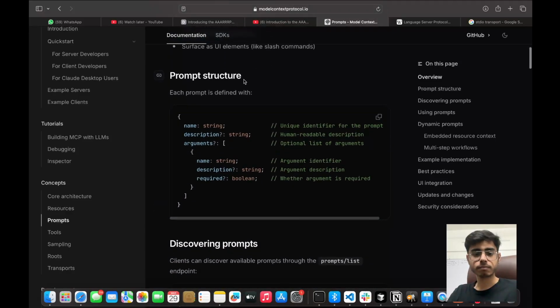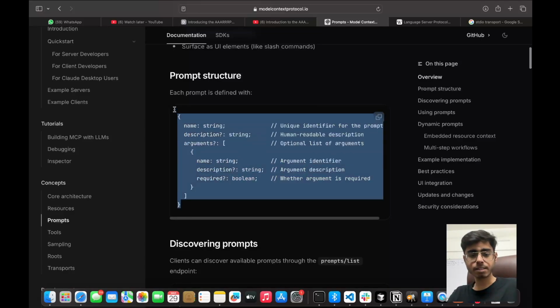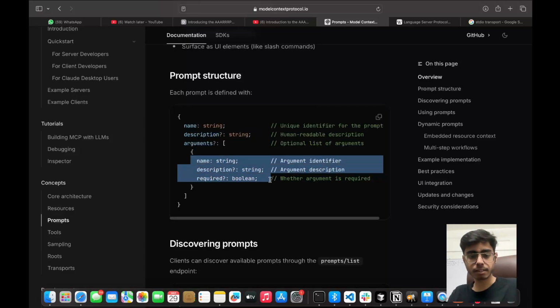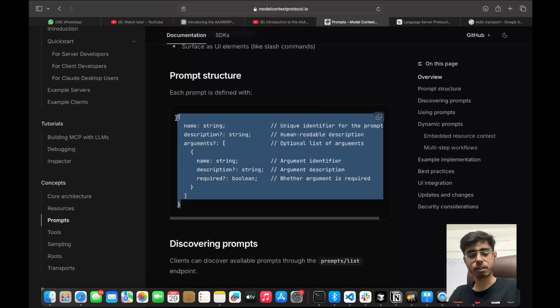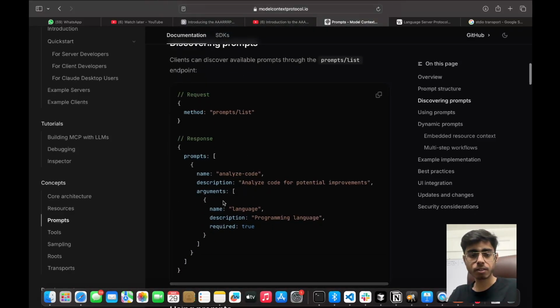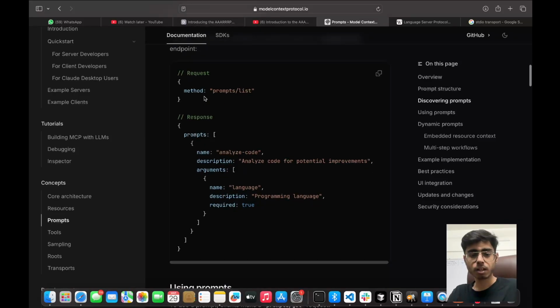Prompt structure. Okay, so this is how the prompt is defined in the MCP server. Name is a unique identifier, given by the human so that anyone can understand it later. Description of that prompt, and arguments. There are three fields in the arguments: name, description, and required. So this is how you define a prompt in the MCP server. And there are some examples, right? So some list of prompts. So basically this is a